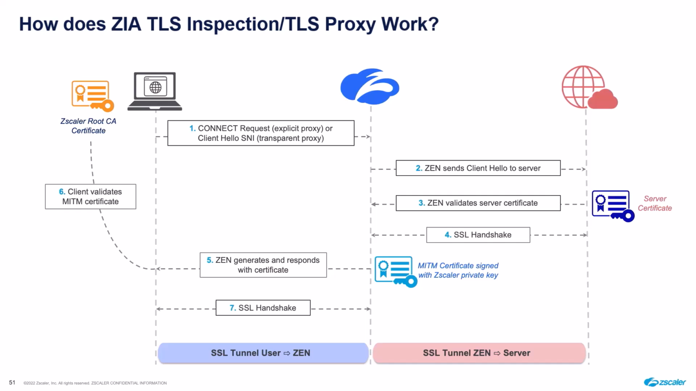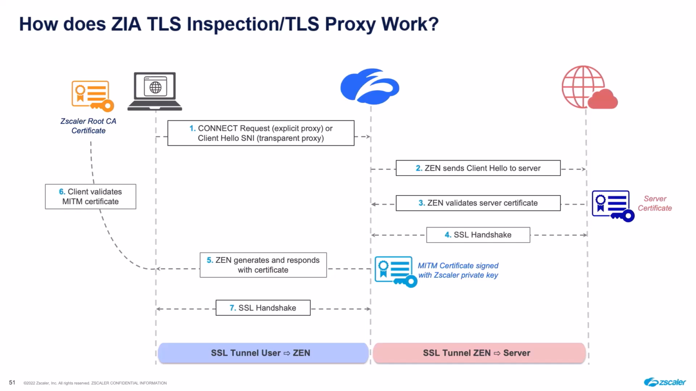So the client does a DNS resolution. They make a TCP 443 connection to the website, and then they send a client hello, which is the SSL handshake method. That client hello has the SNI, the Server Name Indicator, for the website. So at this point, the Zscaler Internet Access Service Edge has the indicator to tell us what the FQDN being connected to is. And so it makes a connection at step 2 towards the server,